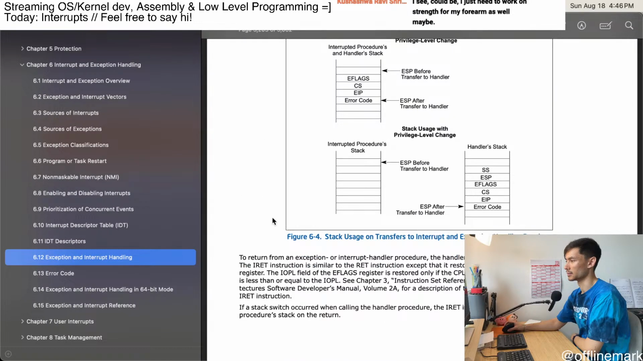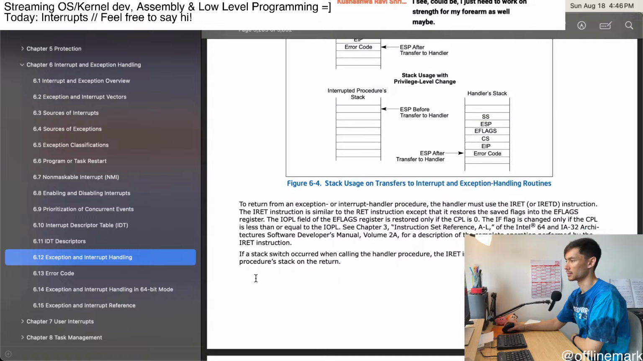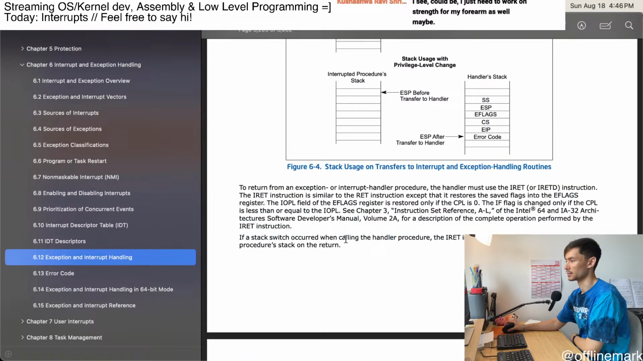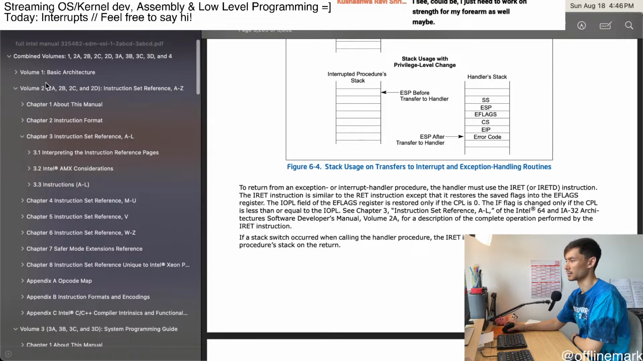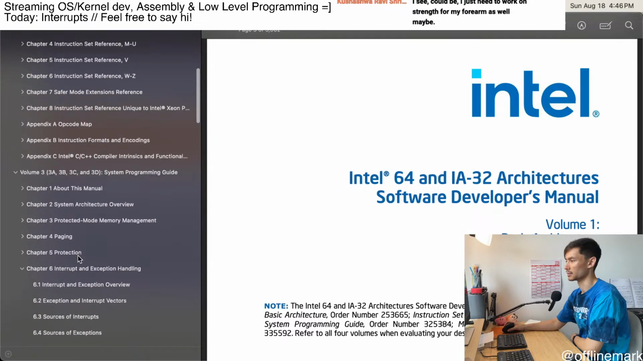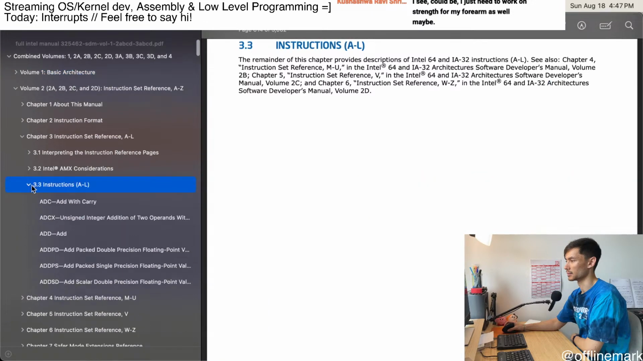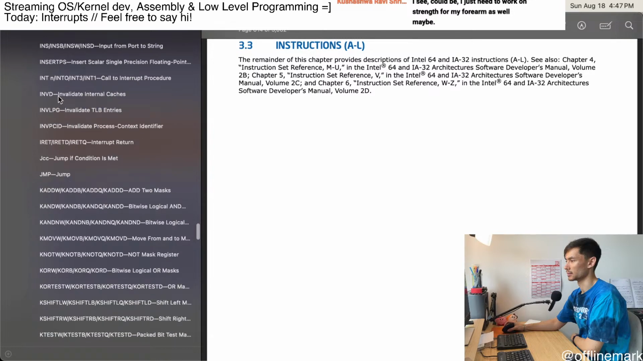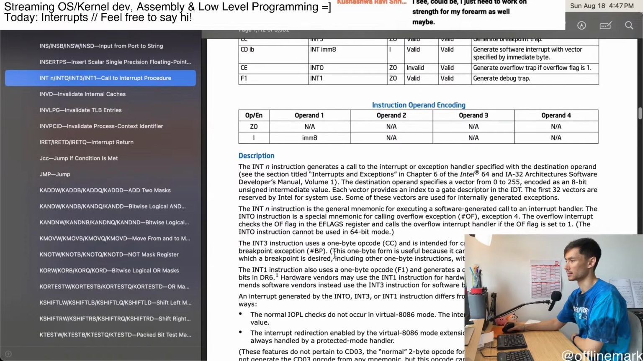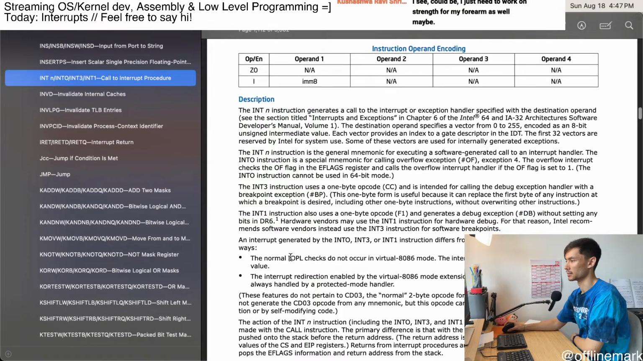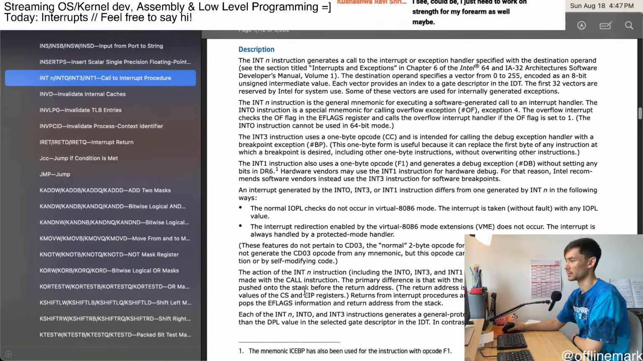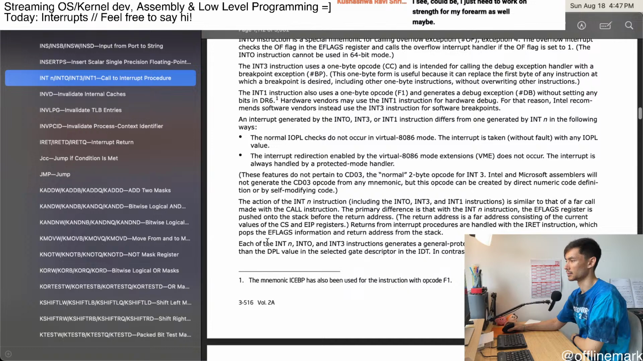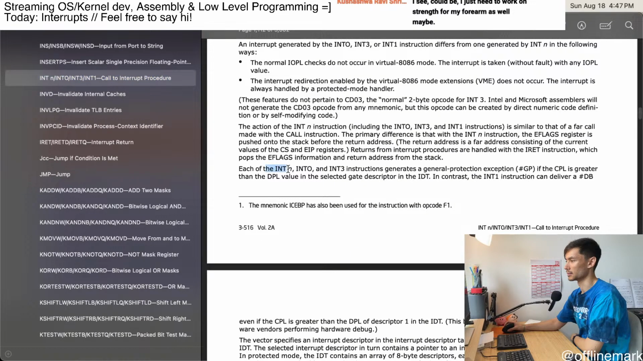I do find this a little bit difficult to read. It's shadow stack stuff. Maybe it's documented in the actual instruction, in the documentation for the int. Yeah, I think it was here or something. Yeah, it's right here. Each of the int n, int 1, and int 3 instructions